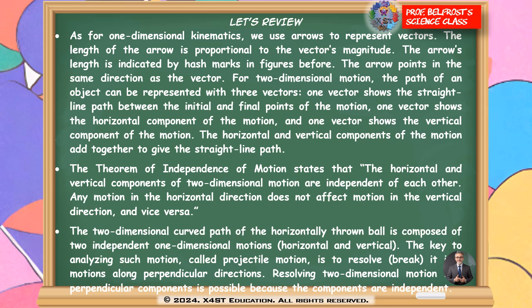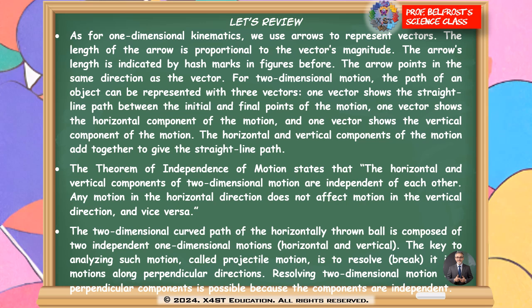The horizontal and the vertical make a right angle, so we can use the Pythagorean theorem here. The theorem of independence of motion states that the horizontal and vertical components of two-dimensional motion are independent of each other. Any motion in the horizontal direction doesn't affect motion in the vertical direction and vice versa. The two-dimensional curved path of the horizontally thrown ball is composed of two independent one-dimensional motions, and the key to analyzing such motion, called projectile motion,